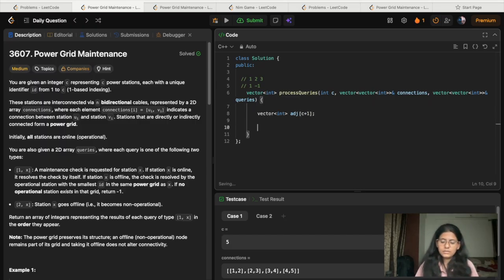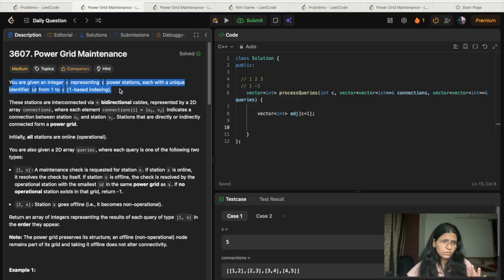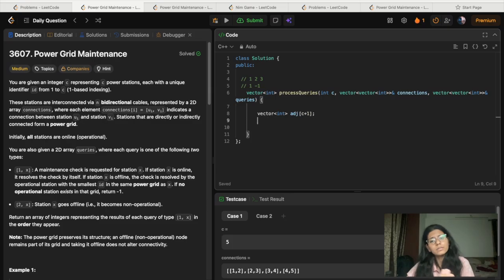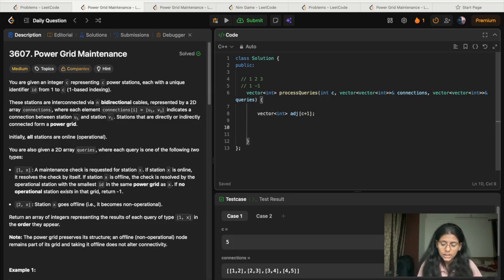From these two lines you can read that I have a graph, so to make that graph I will require this. Then it says we have connections, and through these we get the edges which tell us which nodes are connected. So we will add those edges in that graph. How can we add those edges?